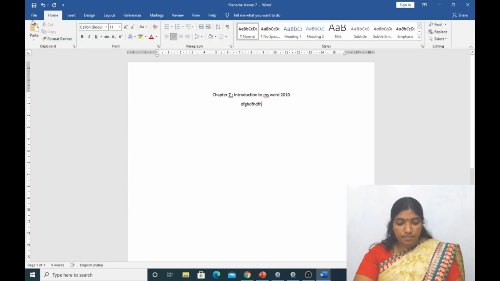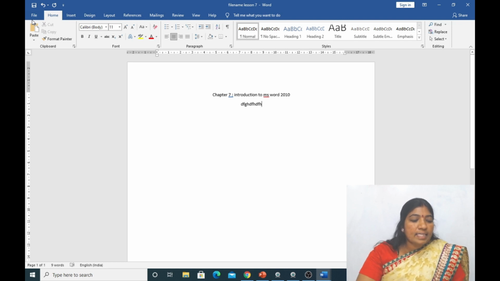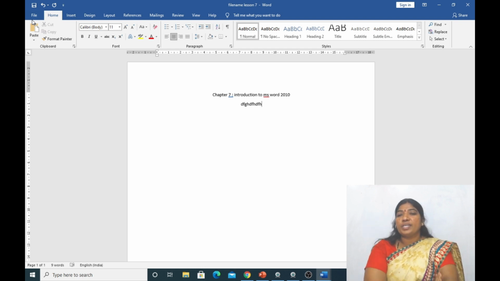The next one is opening an existing MS Word document. To open an existing document, you have to create one first, and only then can you open it.